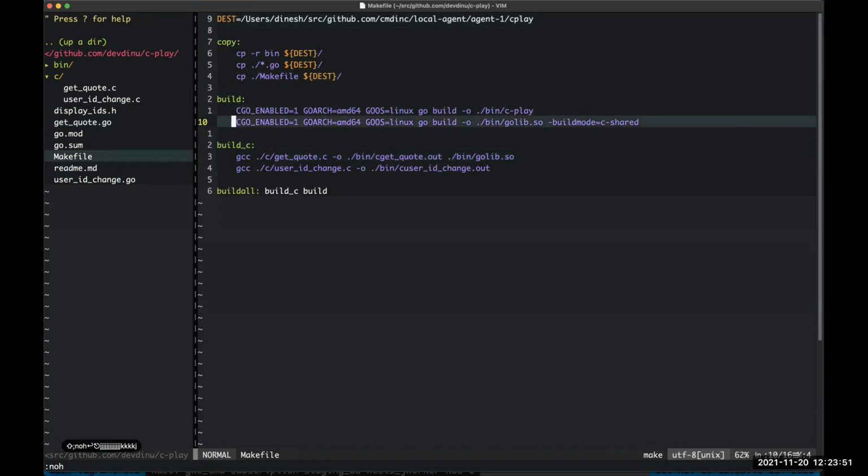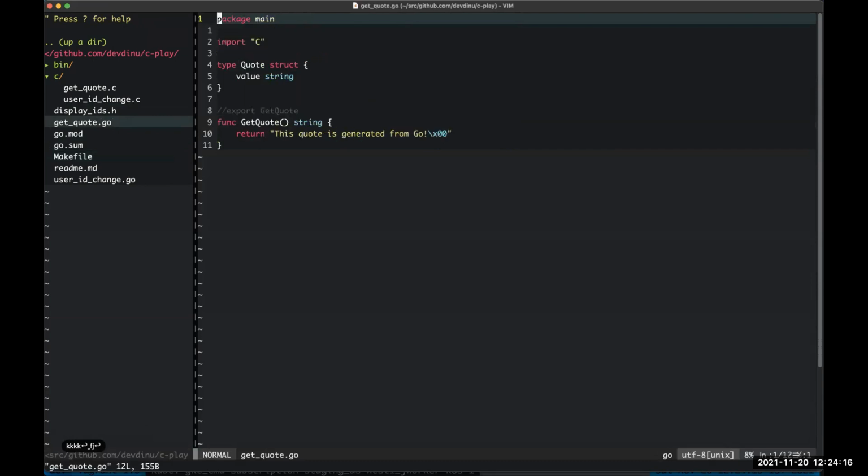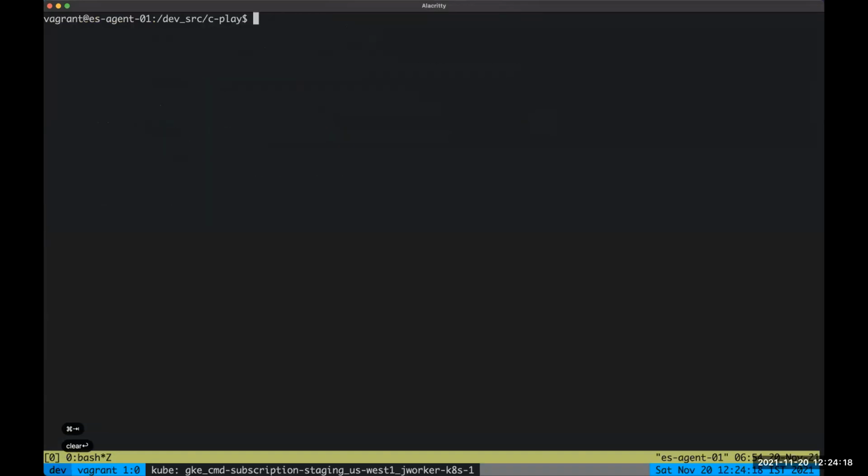In this case, what you can see is I am mentioning this go build, but I'm saying the build mode is c-shared. What this will do for us is generate headers as well as some SO file if you want to dynamically link it. So ignore all other Go code we have written, but we are just focusing on, let's say, the get code. And then if I run this,